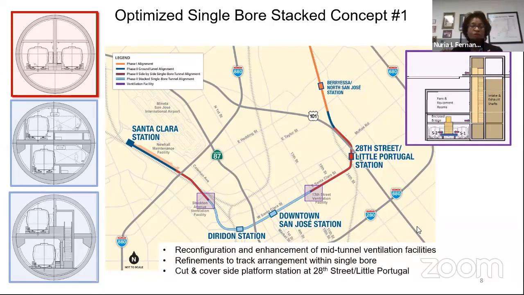We have now looked at the ventilation structures as what we're calling the emergency stations. They're only going to be used for evacuation and any other needs, but they will become the solution to any disabled vehicle, or in case of fire or any other type of distress that the system experiences. The trains would then go to either of these ventilation structures, the one at 13th Street and or the one at the Deerdown Station, as that is the way that we are addressing the concerns that BART had raised when they shared their objection to the single bore stack.